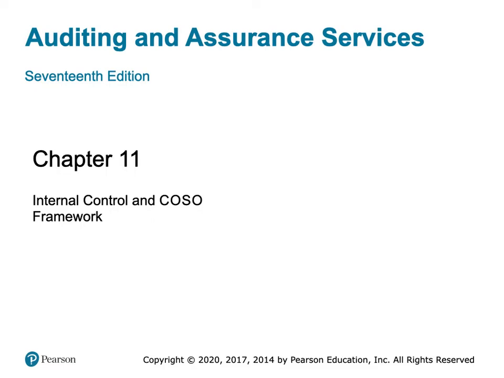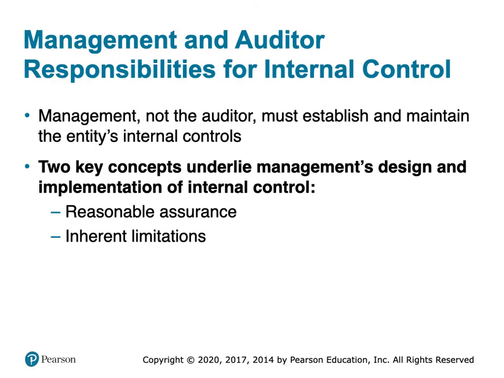It is linked in some ways to Porter's competitive analysis. So those of you who are familiar with Porter's work in competitive strategy will recognize some of the structure here. Ultimately, management and the auditor have responsibilities for internal control, but it's really management's responsibility to set up an internal control framework to prevent and detect errors as they occur, whether due to fraud or unintentional